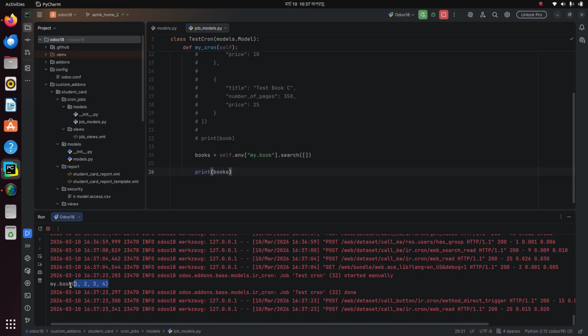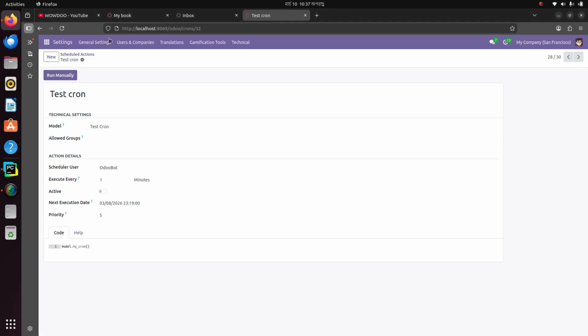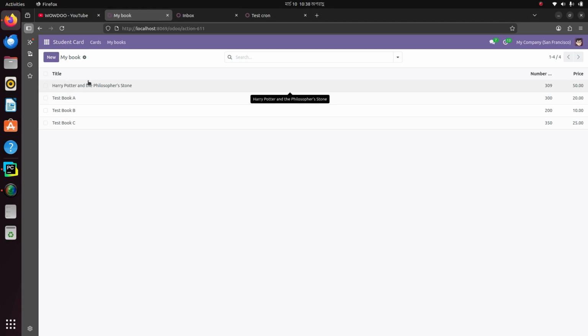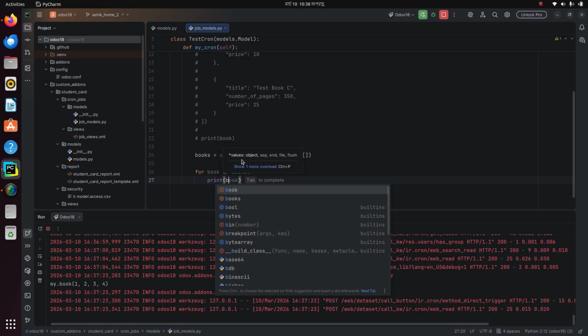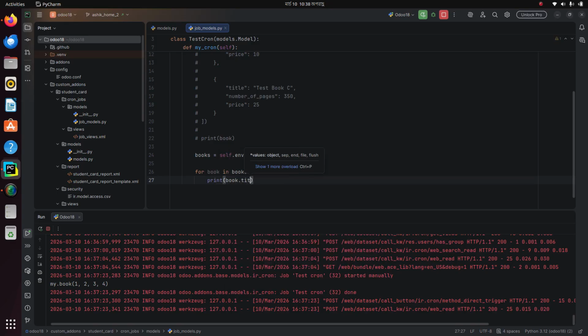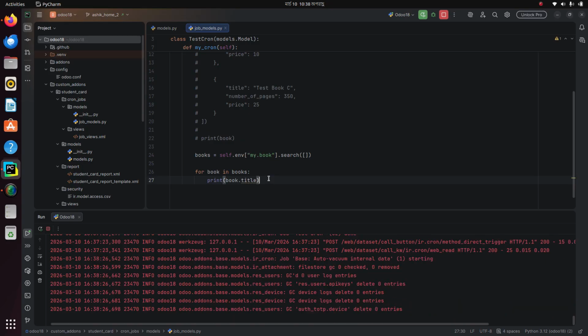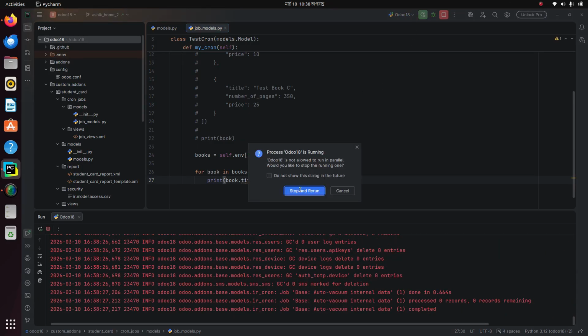So this thing actually doesn't clarify the whole picture. We want to see the actual values of each record. So let's say we want to see the title of these 4 books. So let's work on that. For that we have to perform a for loop on this books variable, and now we can print the book's title by accessing the title on this book object. Now if we reload this